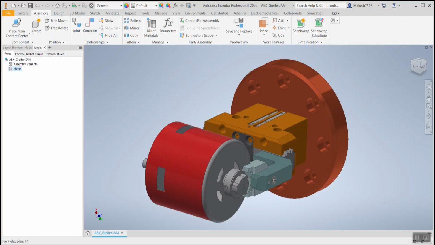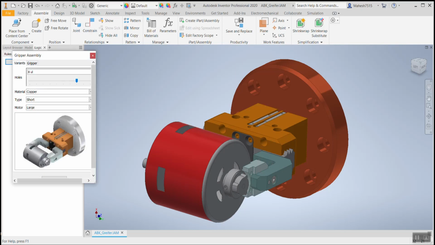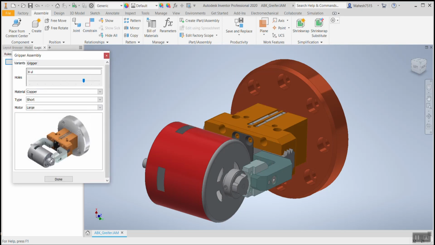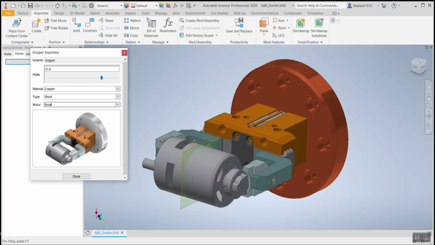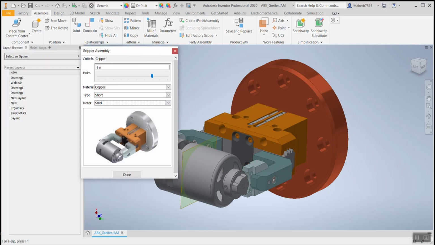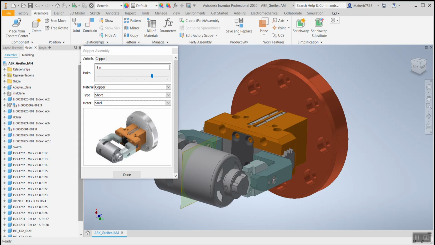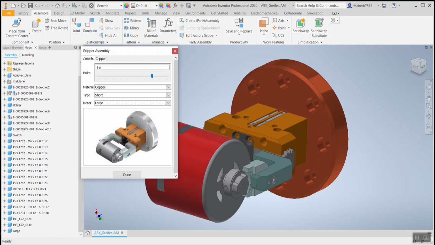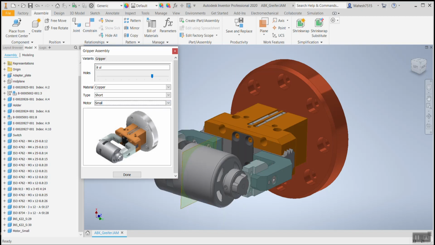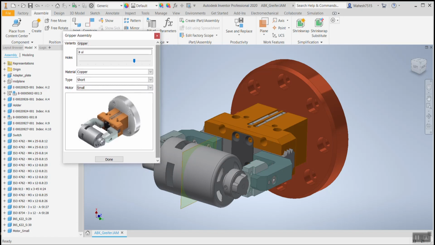We'll quickly go back to the form which we have created already. The motor is already selected as large. We'll quickly drop down and select small. Yeah, it's changing, right? And it will also change in the design tree. So we'll go over there and check its changes. The design tree now shows the small motor, right? When you go back into the form and say large, you can see the large motor is also populating in the design tree. So this is the actual work of the manage command which we use in iLogic. It will replace and remove the component from the design tree also.